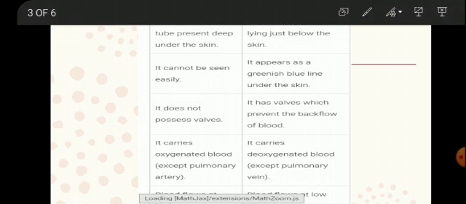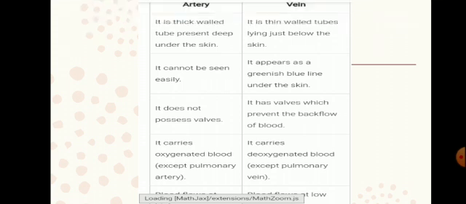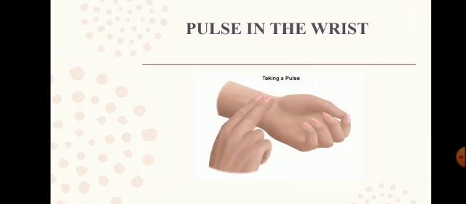Now we go to pulse rate. What is pulse? We know that the heart pumps the blood in the arteries. This continuous pumping of blood in the arteries results in their rhythmic throbbing, which is called pulse. You can know your pulse rate. Place the middle and index finger of your right hand on the inner side of your left wrist. You will feel the throbbing movement at this place.